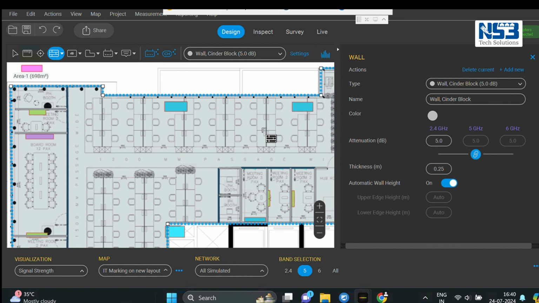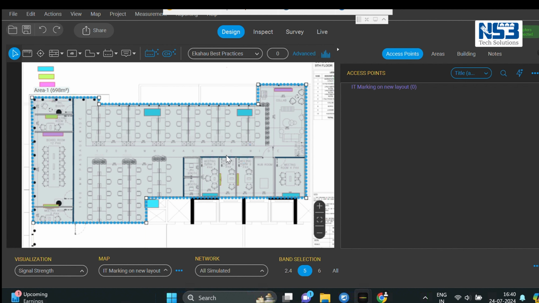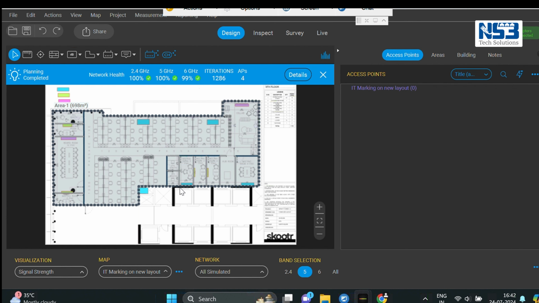Yeah, seems like we have covered all the area. Now we can start with the AP placement part.